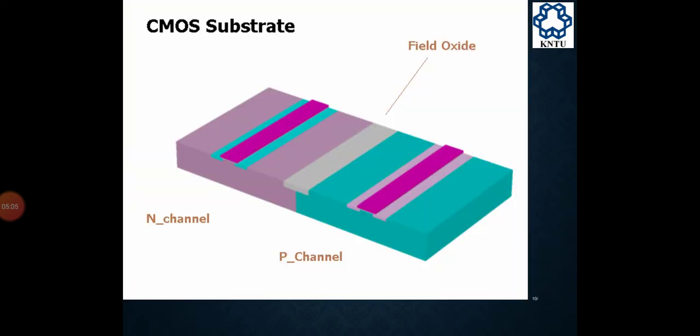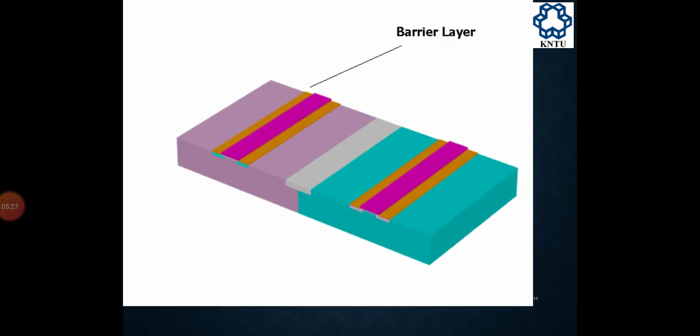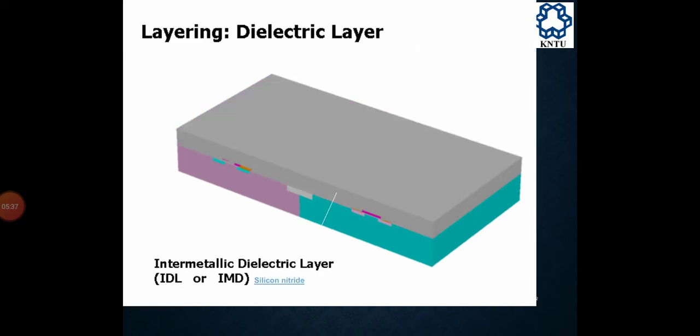Now this is actually a CMOS substrate. Here we see one N channel and the second one is the P channel, as in the diagram that we discussed in the class. The field oxide, this one is the last boundary of the front end side. And now this is the barrier, where we connect layer up to layer to connect our transistor with the global. And this is the dielectric layer, this is another layer,